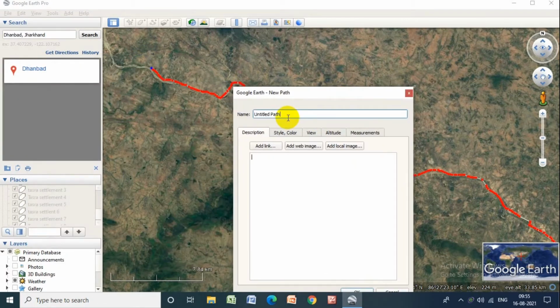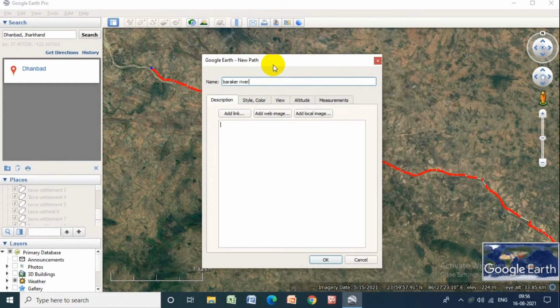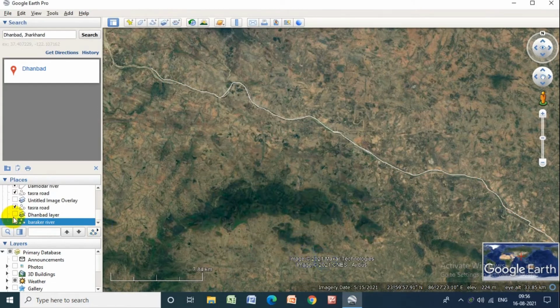Save it as Barakar River. It will be saved here as a line diagram.